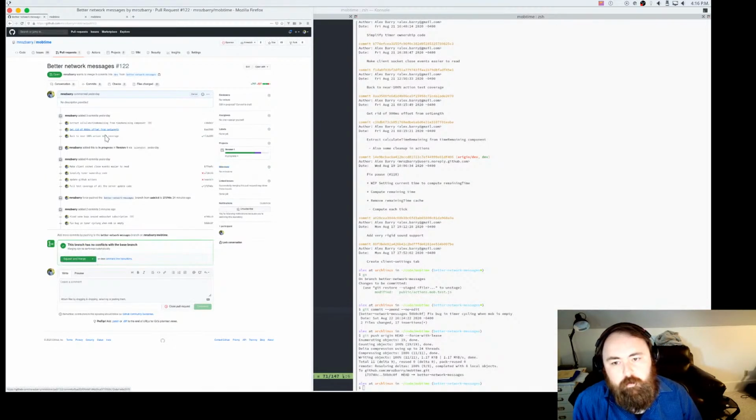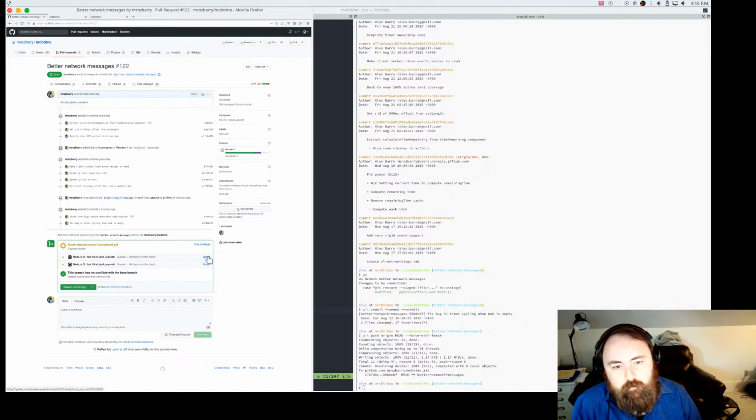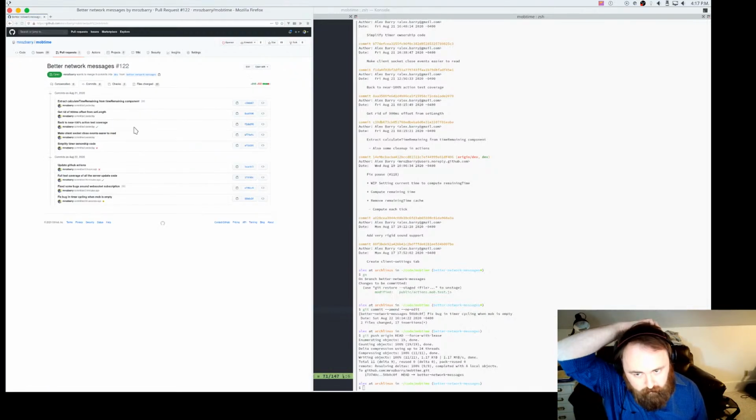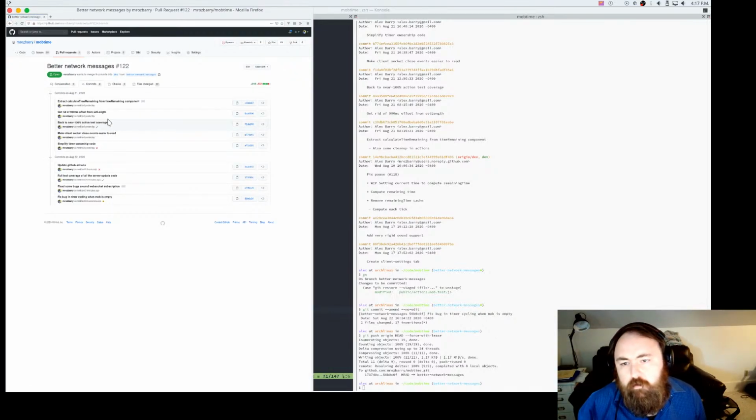Go over here to this PR and we'll see this next batch test run. And as long as they all pass, then I think this is a merge. Just make sure all these commits are semi-isolated. Here, 900 millisecond offset. Yeah, extract calculate time remaining from time remaining component.